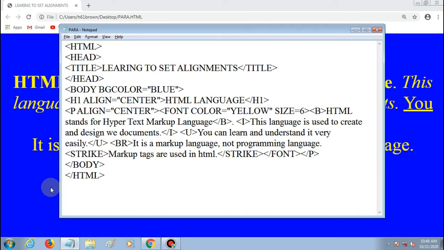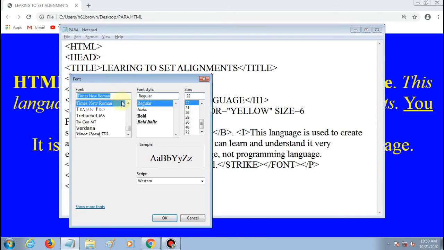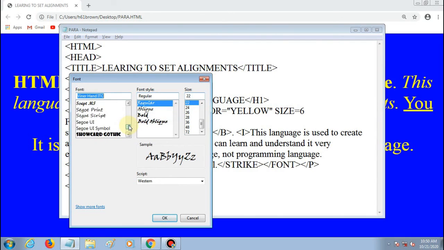Okay, if we want to change the face of a font, then in font tag use face attribute of font tag, and then after writing face attribute write equal sign and open inverted commas and select the font from here. Suppose I want to use this one, so I will click on this font and from here I will copy it. So you can copy any font from here.